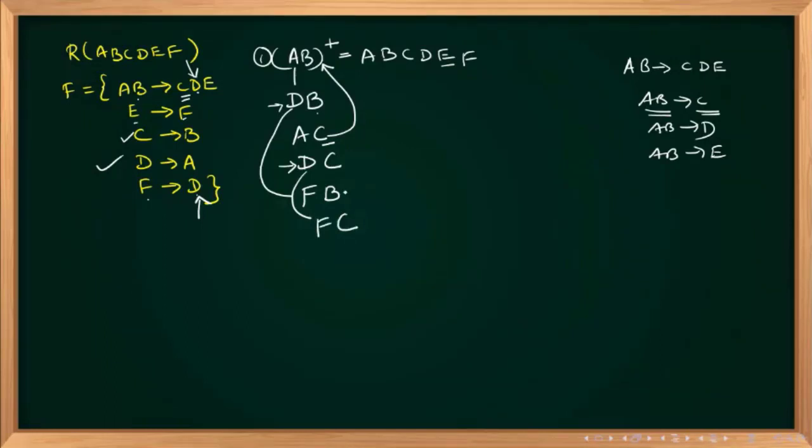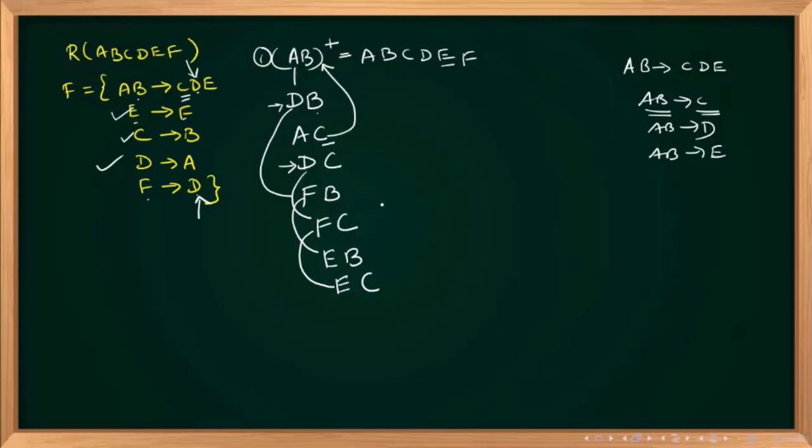Okay. Now A, B, C, D. Now E is there? No, E is not there. Now F is there. F is there in my candidate key. So right side F is there, yes. So right side F is there means I can substitute E. So instead of this F, I can substitute E, EB, and instead of this F, I can substitute E. Then it will become EC. Now F is already over.